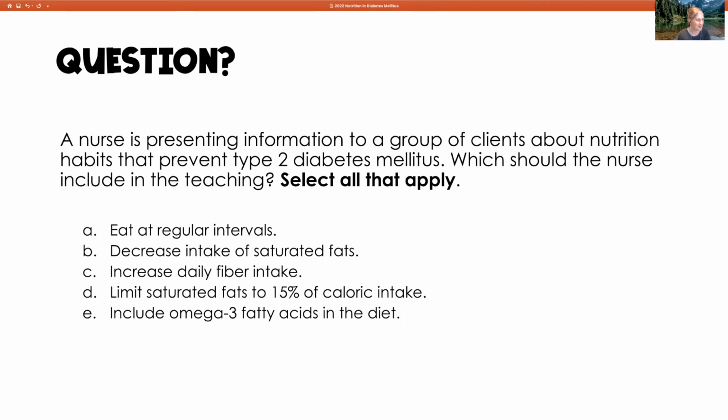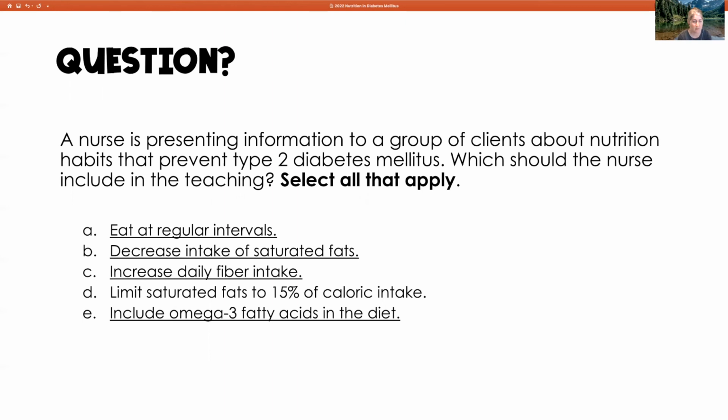Okay, so answers to this question: A, eat at regular intervals; B, decrease intake of saturated fats; C, increase daily fiber intake; and E, include omega-3 fatty acids in the diet. So we talked about consistency of meals and how important that is for our diabetic clients. We do want to decrease that intake of saturated fats. Less than 7% is ideal, 7% of daily caloric intake. We do want to increase daily fiber intake, and then we do want to include omega-3 fatty acids in the